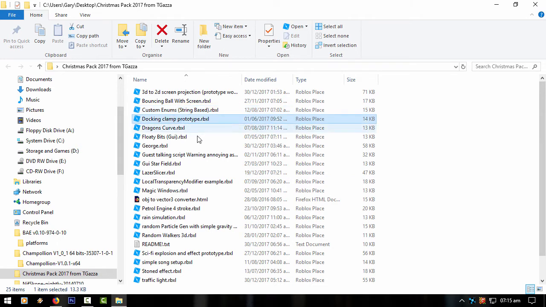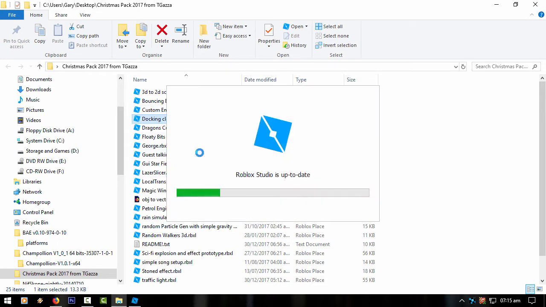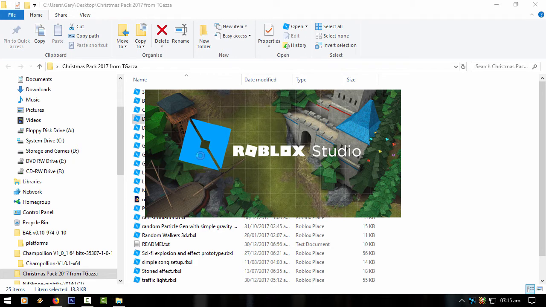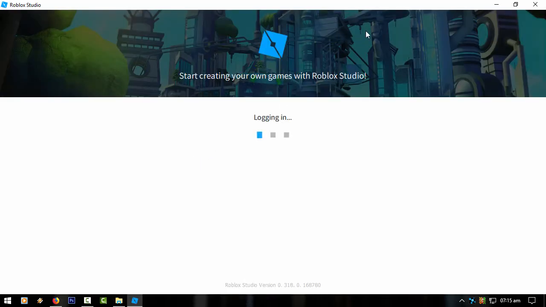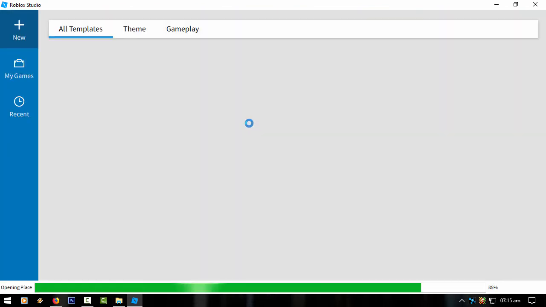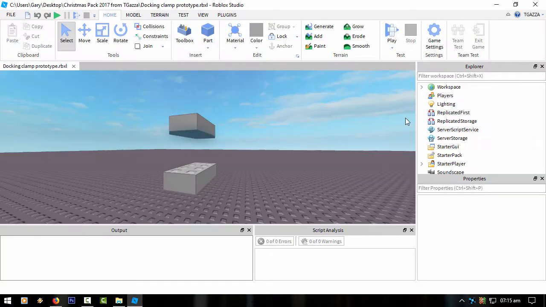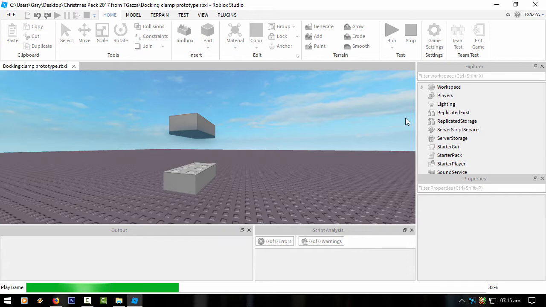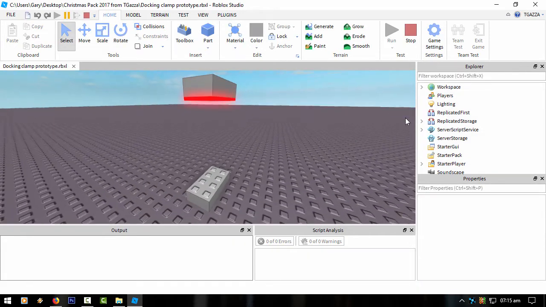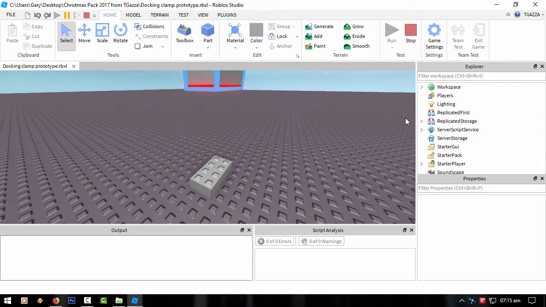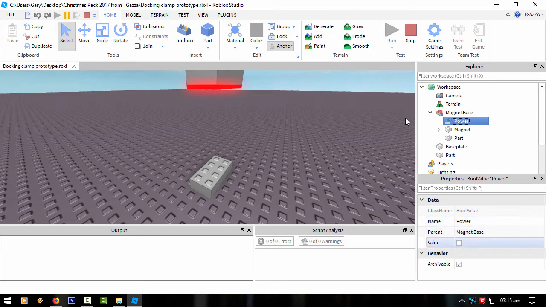So this docking clamp is basically my attempt at making the same docking clamp that you find in Space Engineers, and I think I've already got a video up on my channel featuring this. It's basically when a thing gets closer to the clamp, which is this, it will pull it towards it when you activate it. So if I activate it,